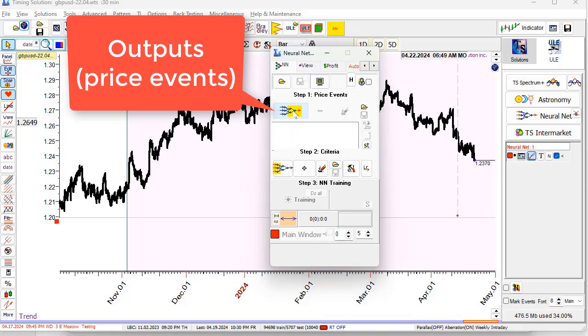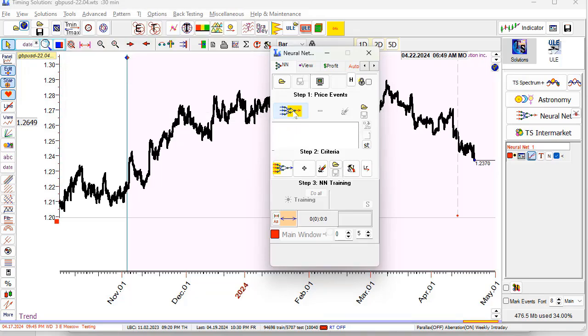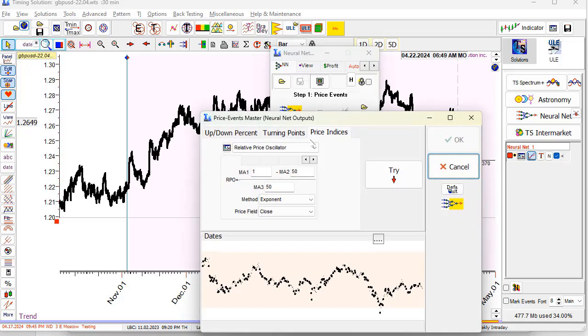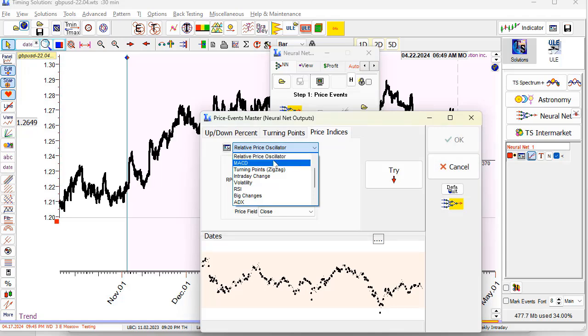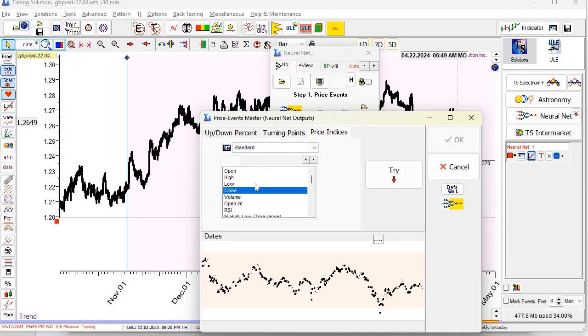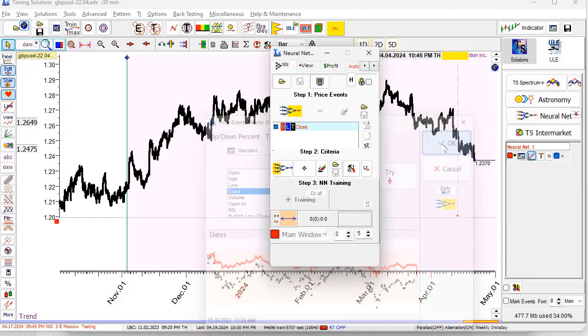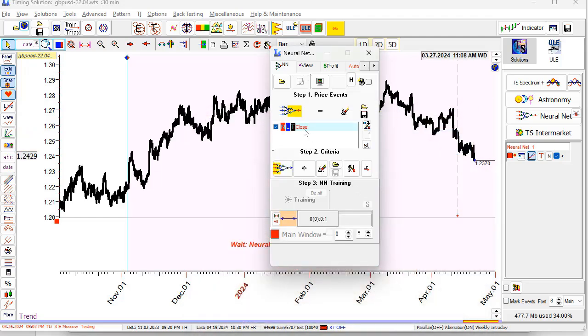This button, we will set here two outputs. Firstly, we'll set close. I click this button and choose here standard events. Close is here. So it will be the same chart. No, different scale, but it's okay, it's the same chart. Okay, done. So close is first event. And the second